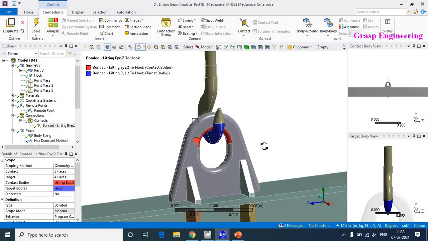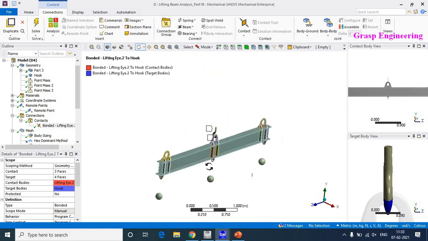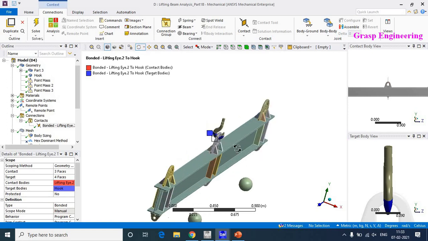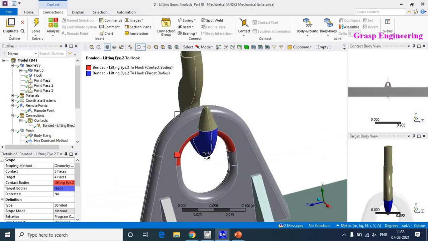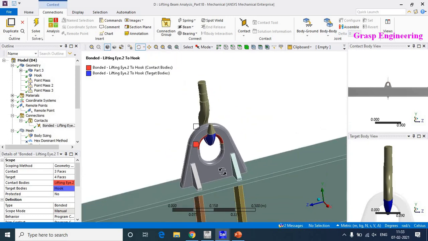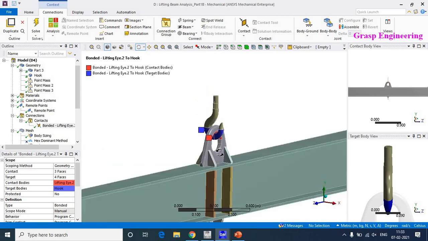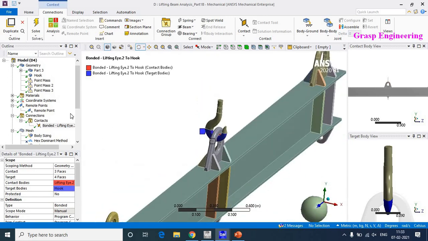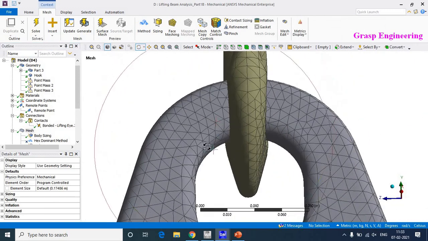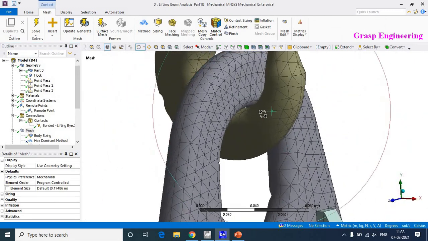When you lift from the top you will find a single eye contact, but when we rotate, some portion of both faces, the lifting eye and lifting hook, will come in contact. That's why it is better to consider some extra portion. The meshing is the same as before; we just consider a fine mesh over the contacting region.